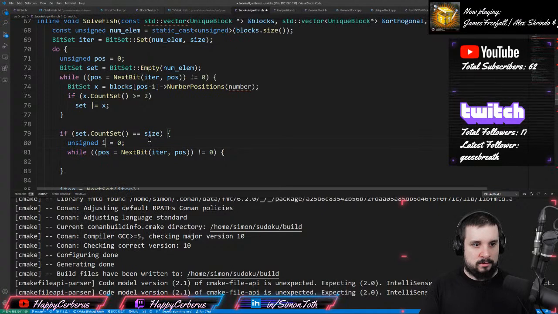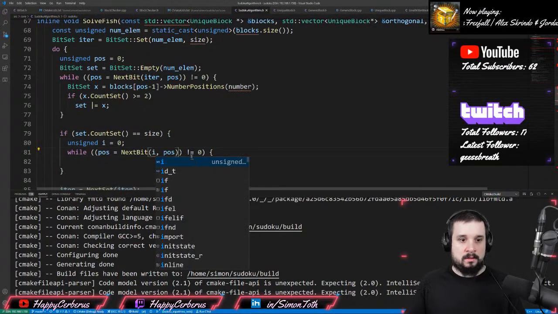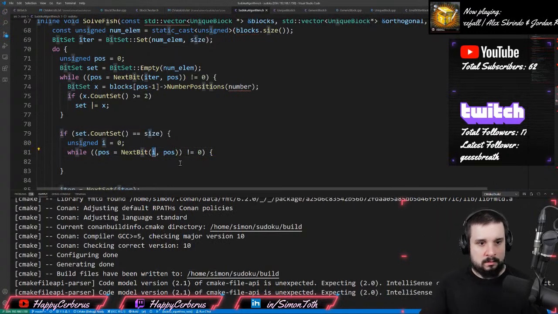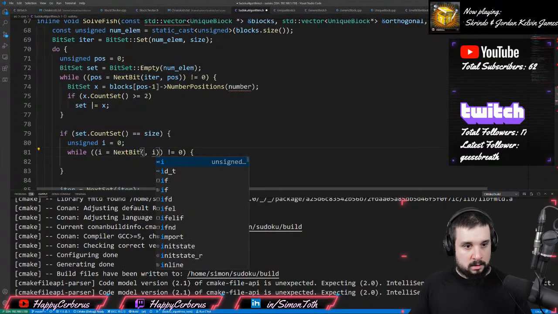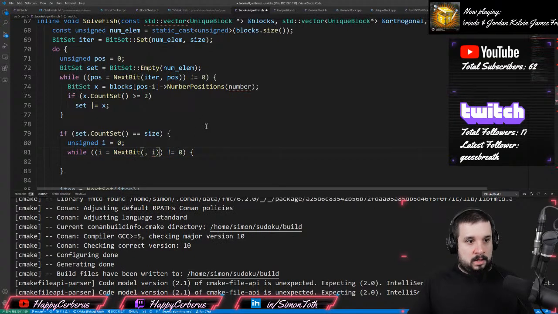Okay, let's just use I as an iterator. But this is not I, right? Next bit, this is I. We are getting the next bits out of the set, yes. So we iterate over all the bits in the set,